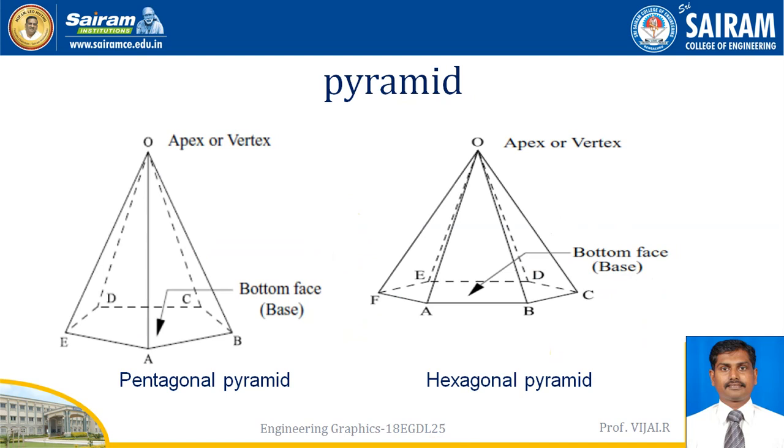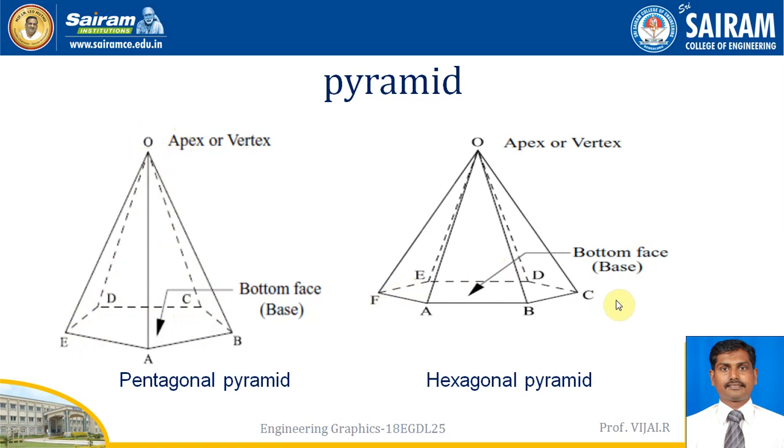Like this, a pentagonal pyramid is also there, and a hexagonal pyramid. It depends upon the shape, as I said, and the view. According to the orientation, what is visible and what is invisible is very important to solve the problem. When we keep the pyramid like this, we can see the AB edge and the AE edge and the slant edges, all three edges, and at the back side the CD is hidden, we cannot see it, but we have to draw it with hidden edges.